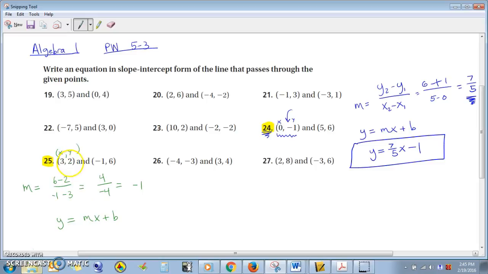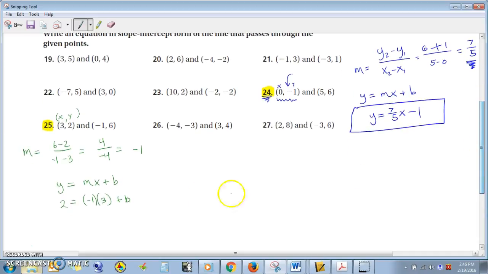So I'm going to plug a 2 in for y, a -1 in for m, x is going to be 3, and then I'm going to solve for b. So I get 2 equals -3 plus b, and then to get b by itself, I just need to